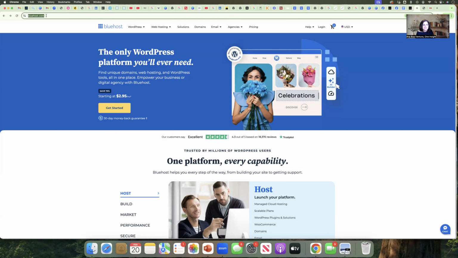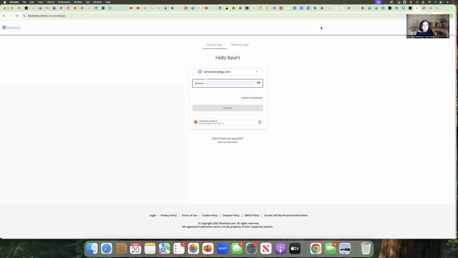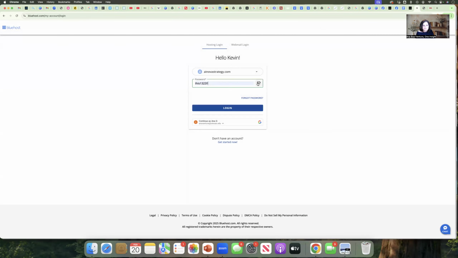So first thing you do, you go to bluehost.com and then you go to login. And on the login, I already had you here, but anyway, you need to write AINOVAstrategy.com on the first. And then I also already have the password saved, but you remember that this is the password you gave me, right? For your website. Okay, so you log in